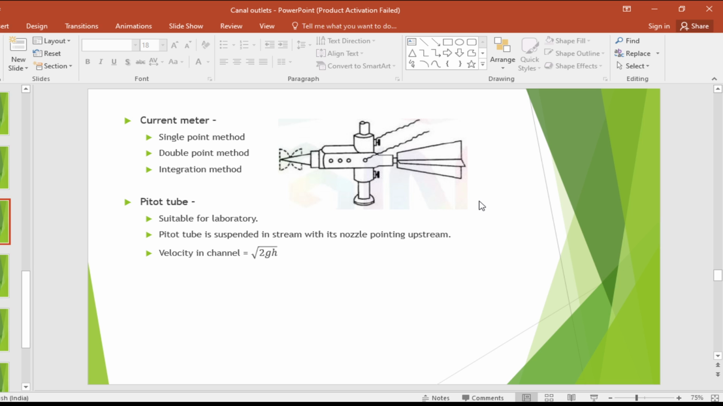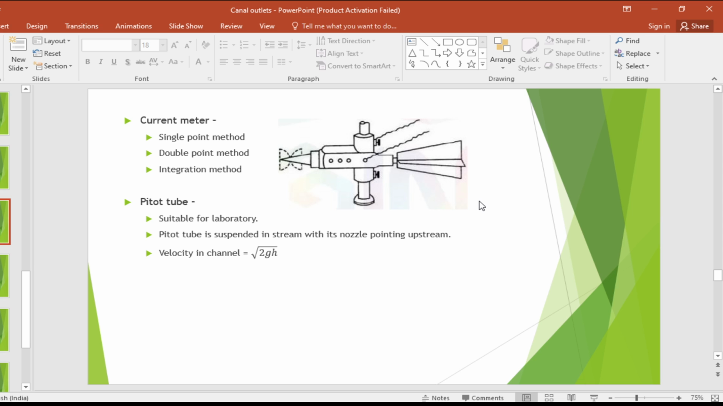Okay, now the integration method is more accurate than the single point and double point methods because we are going to take various depths and various velocities, and then we are going to average that. Okay, now